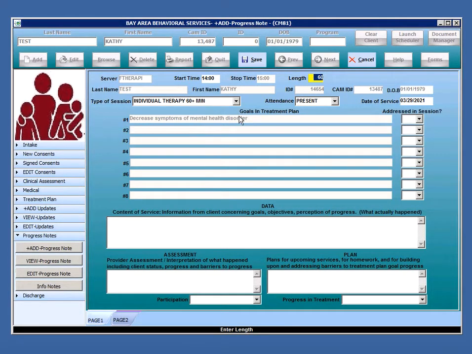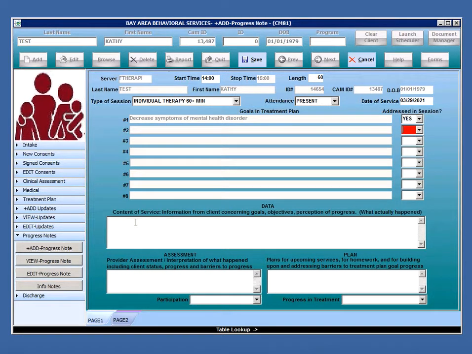You'll also note here this says goals and treatment plan. This section automatically pulls forward all of your most recent treatment plan goals that you're working on with this client. This client has only had an in-depth assessment, so this goal is from the in-depth assessment. When her formal treatment plan is completed, by 30 days, it will update the goals as needed, and then whenever she has a treatment plan review or modification, it would also update those goals. And this allows simply to be able to indicate if you did or did not work on that goal in